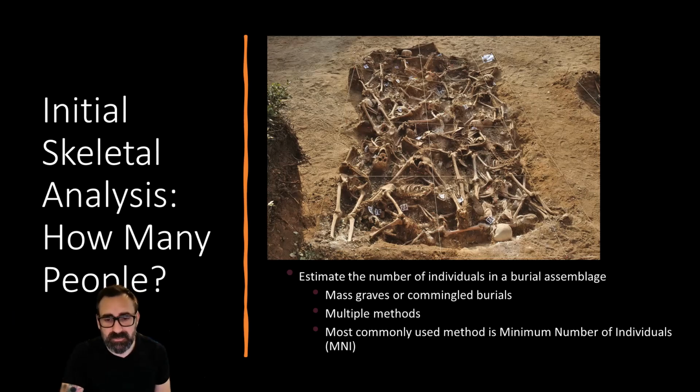When you have commingled burials, like you see up here, this assemblage is a mass grave, it can be a lot more difficult to determine the minimum number of individuals. So it takes a really careful excavation. As you can see here, they've got it gridded out, and they have each individual numbered. In something like a mass grave where people are murdered and put into a grave, many times you're just counting skulls because a person is killed intact and then put in the ground. So you can count skulls, and this can give you an accurate count.